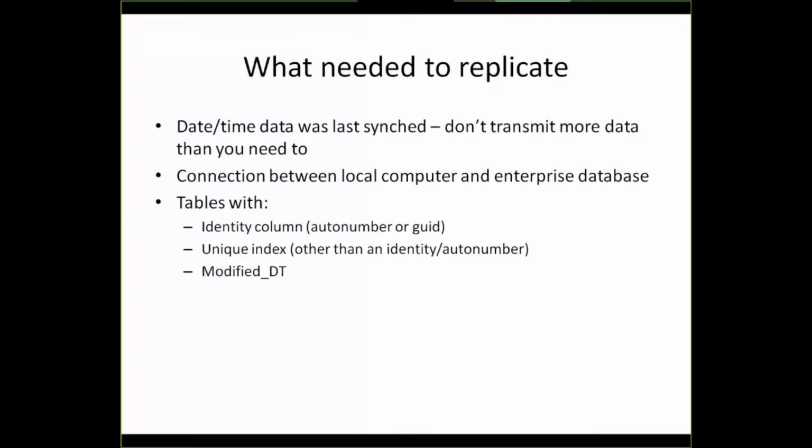I need an identity column. I'm using an auto number, but you could use a GUID that's generated automatically. You need a unique index, something other than the identity column. And I'm using a combination for my gas company of the well ID and an effective date or a report date. Those two things, they will never have more than one record in the data set for a well and a date, so that works really well for me. But you could use virtually anything.